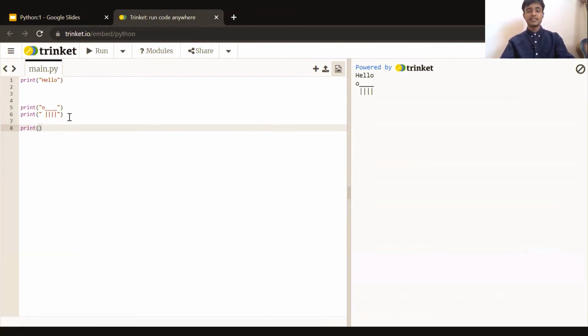Inside the parenthesis, add the double quote and print your name. And now we have to print the smiley emoji. So let's try. We will see whether we are able to print it with text characters or not. So first of all, call the print function, parenthesis, double quotes,